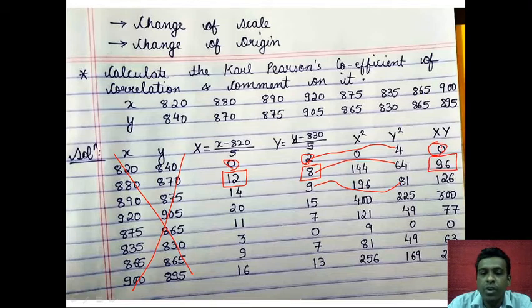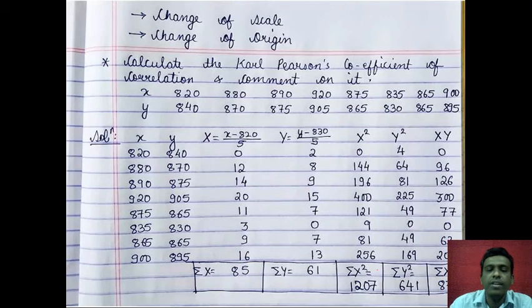So after doing all this, the next step is you have to find the summation of all these numbers, that is you have to find out the total of all these values here. Okay, so what is the total of all these values? This is what you will get: summation of x square, summation of y square, summation of xy, along with summation of x and summation of y. So all these values you will get in the end when you add it. Okay, so once you get this, remaining everything is same.